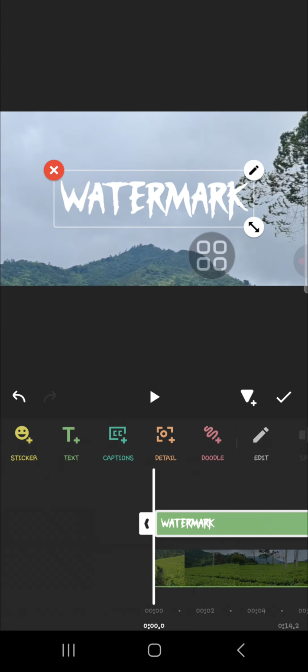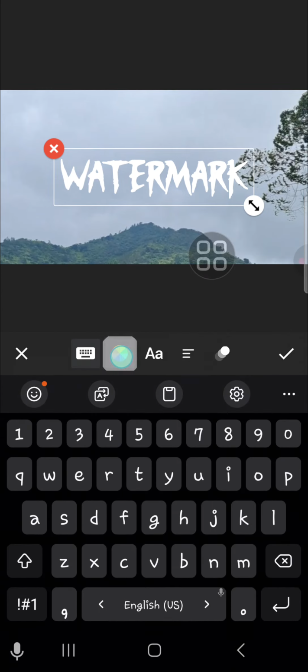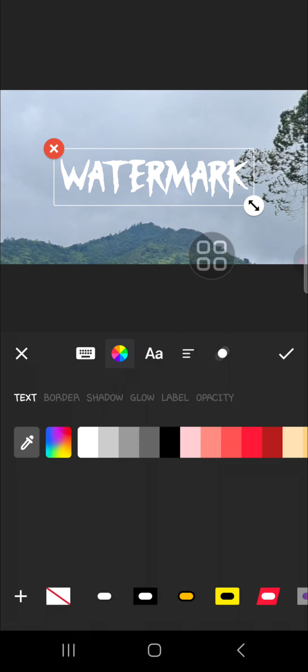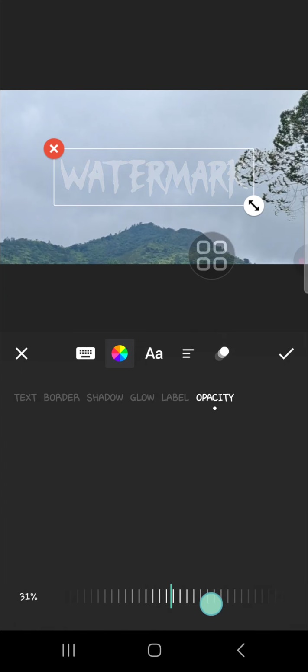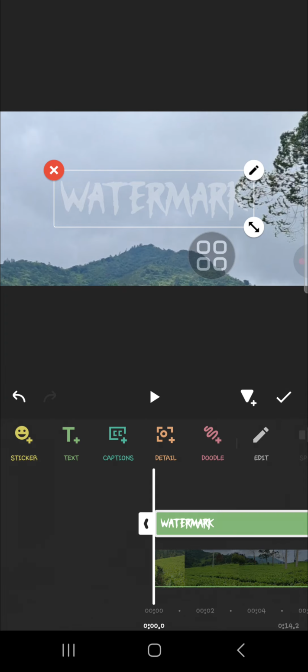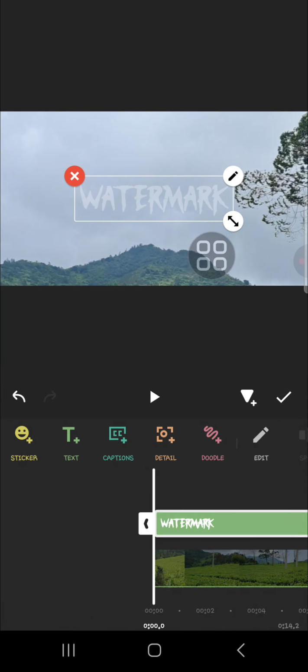Okay. And to make it transparent, we can go to the edit menu, and then to the style menu, and select the opacity, and we're going to reduce the opacity to make it transparent. Okay, I'm just going to make it for about 30%. Okay, now it's done, and as you can see, guys, the watermark has been added to my video,